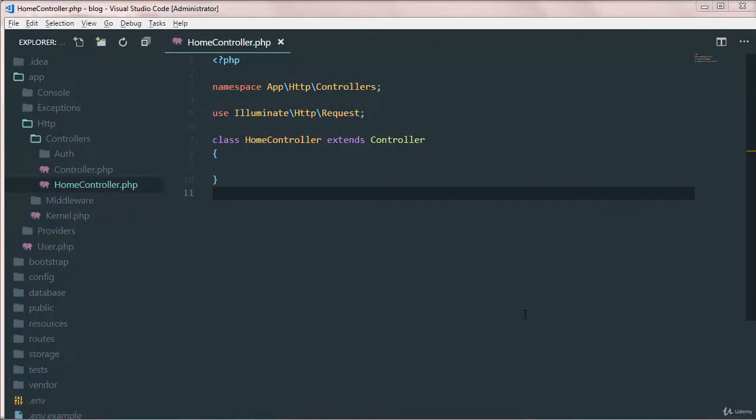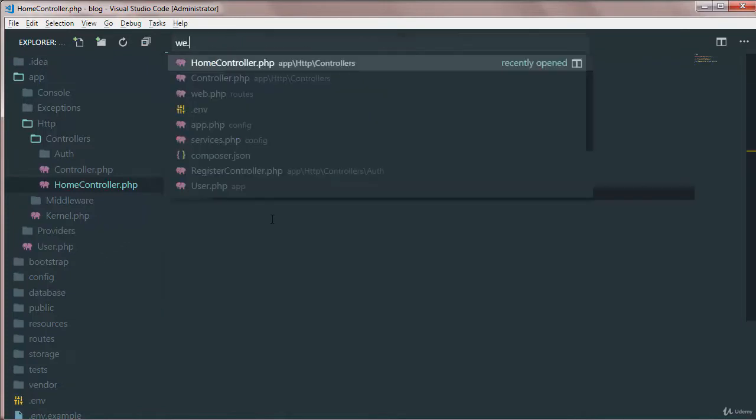Okay, so we just introduced controllers and we just created our home controller. Now you can see we just have a class of request, right? So let's just discuss what is a request. So if I just open up my web.php,